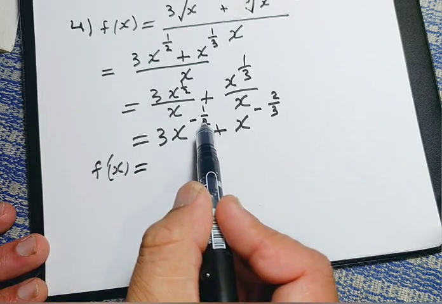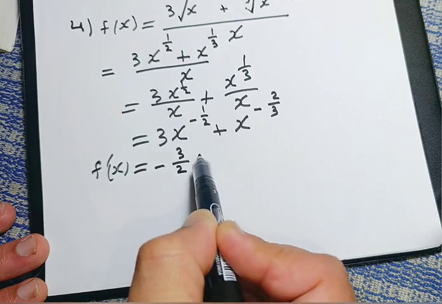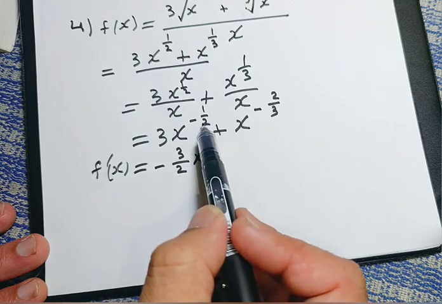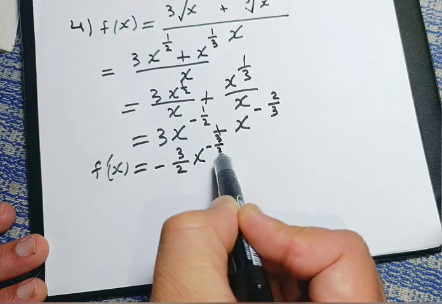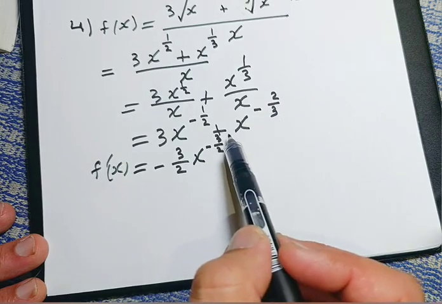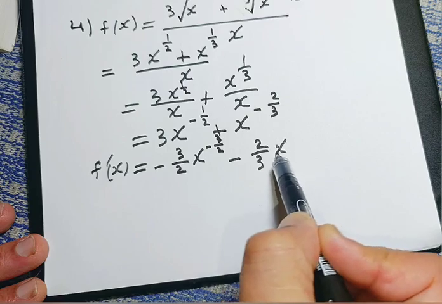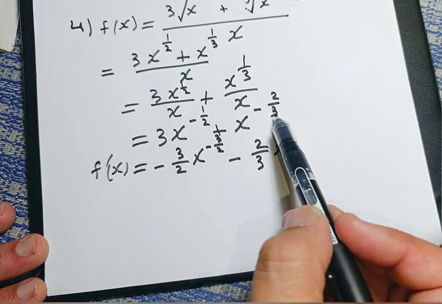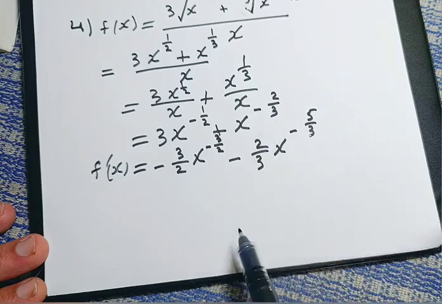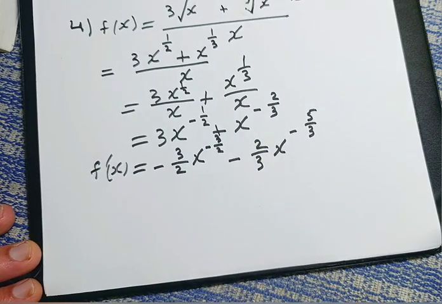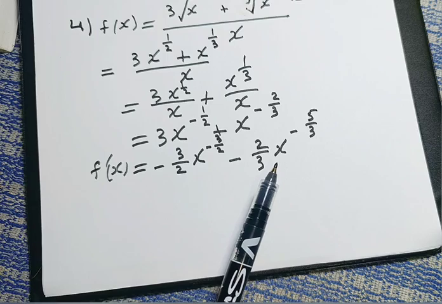So it's negative 1 over 2 times 3, it becomes negative 3 over 2, x to the negative 1 over 2 minus 1, which becomes negative 3 over 2. Now negative and positive, this one negative 2 over 3 x, negative 2 over 3 minus 1 is negative 5 over 3. Use the calculator. Now this is my final answer, because some books leave the answer in negative exponents,